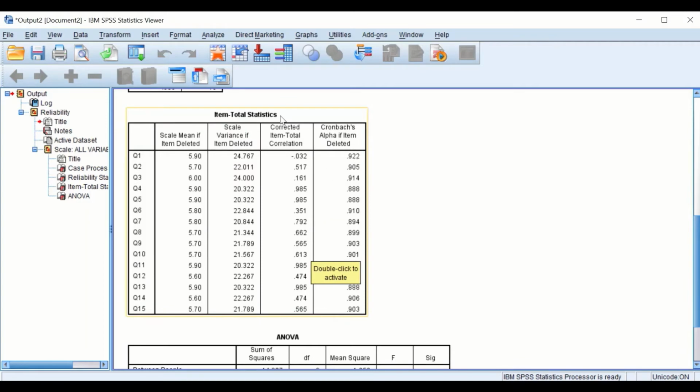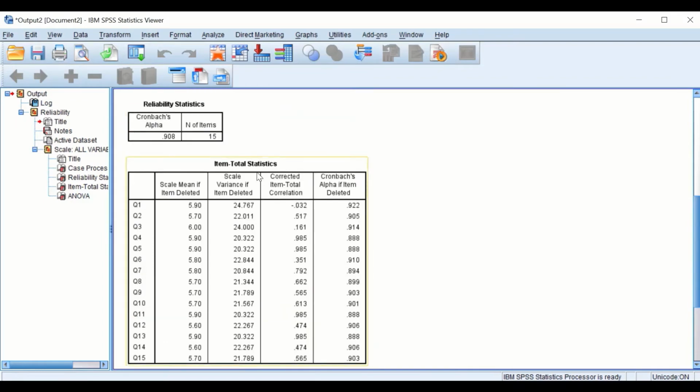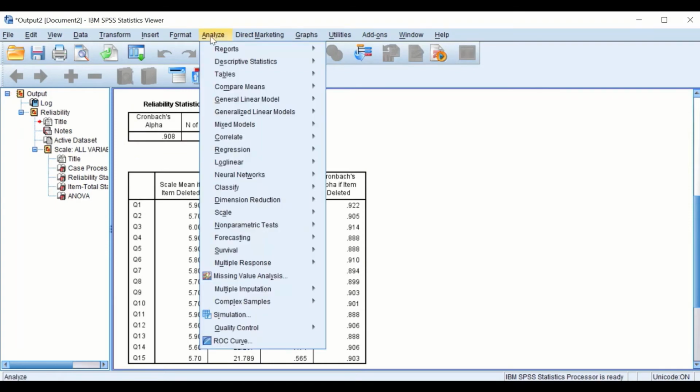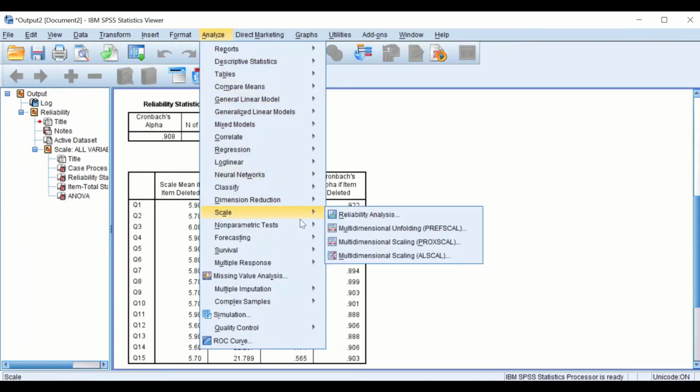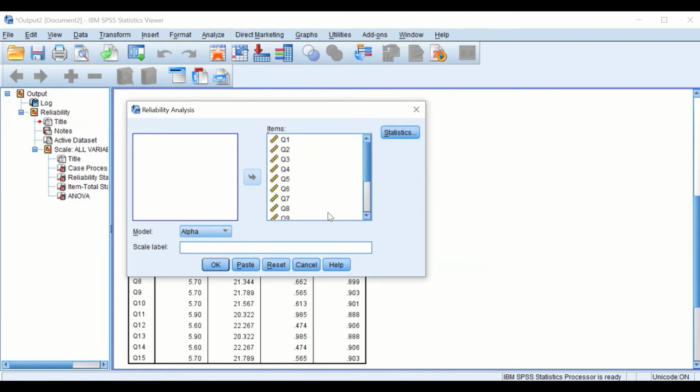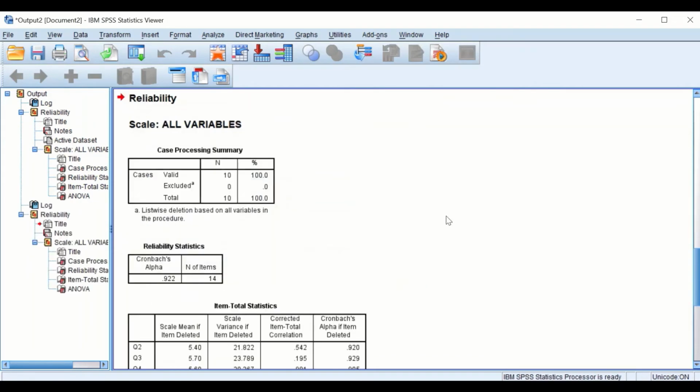So this table shows that deleting question number 1 will increase the reliability value, or the Cronbach's alpha. To test this, we're going to repeat the same analysis, but in this case we are going to deselect question number 1. So if we deselect question number 1 and repeat the same analysis and click OK,